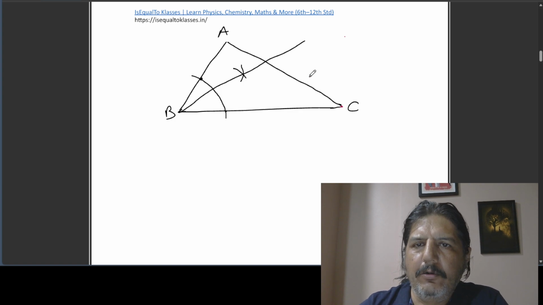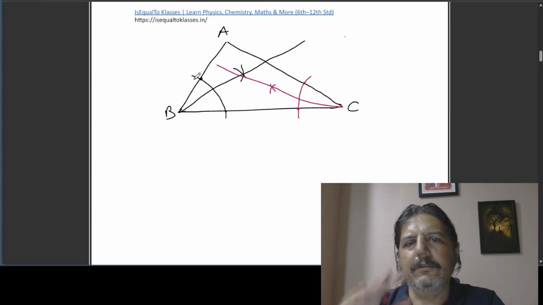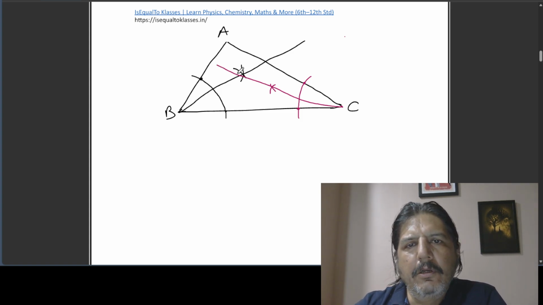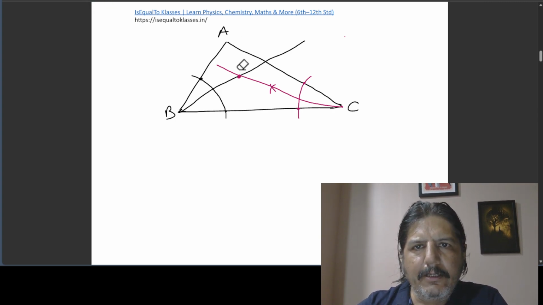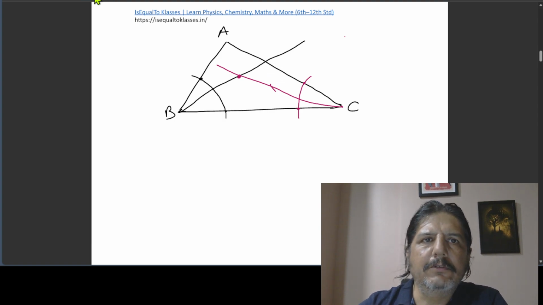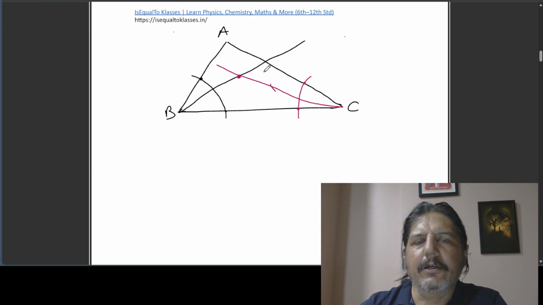Again, I'll draw an arc like this, and again, using this as center, an arc, using this as center, another arc. And I will extend this line like this. So this is a rough figure you'll have to accommodate. Now, once I have this point P, just to make this clear, I am removing this. But in exams, please do not do this. I'm just trying to make things clearer. That is why I have removed the arc.